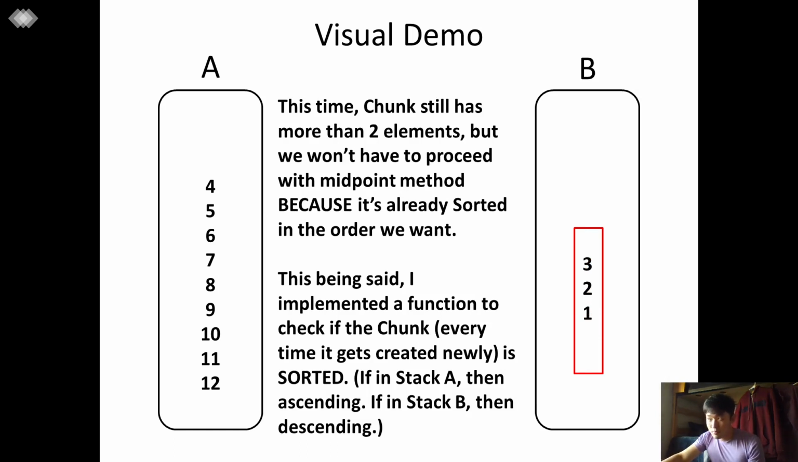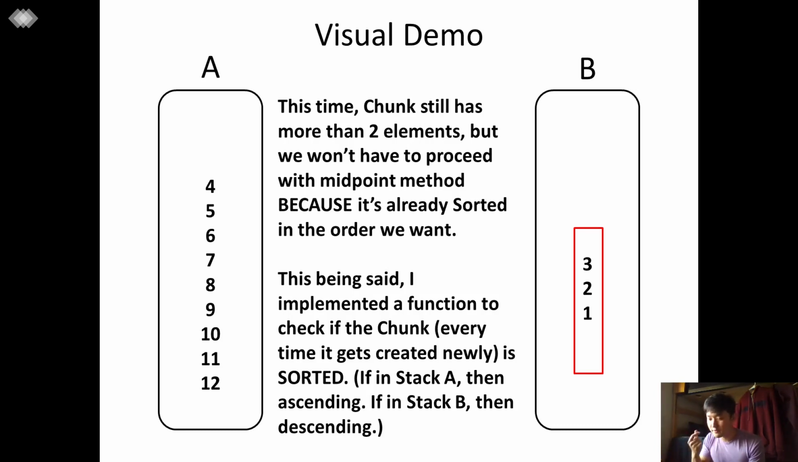And also there's one more point. So now it's 3 2 1 left. In this case, even though the number of elements left in the chunk is more than 2, we won't have to use midpoint algorithm, because 3 2 1 is already sorted in stack B as we want in descending order. So this being said, every time you want to do midpoint algorithm, you actually have this